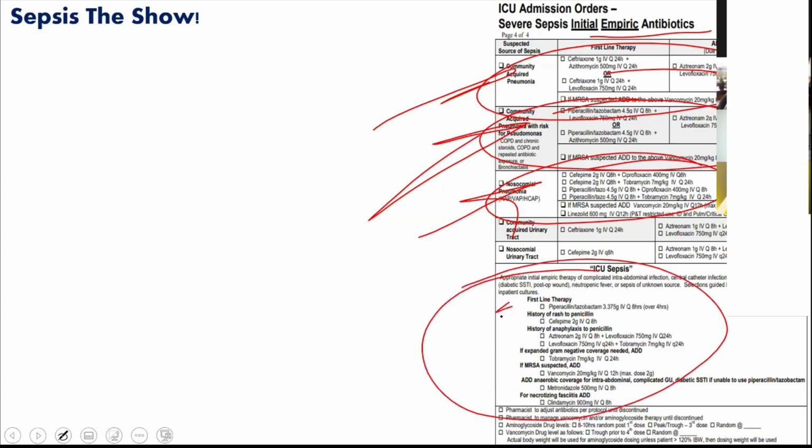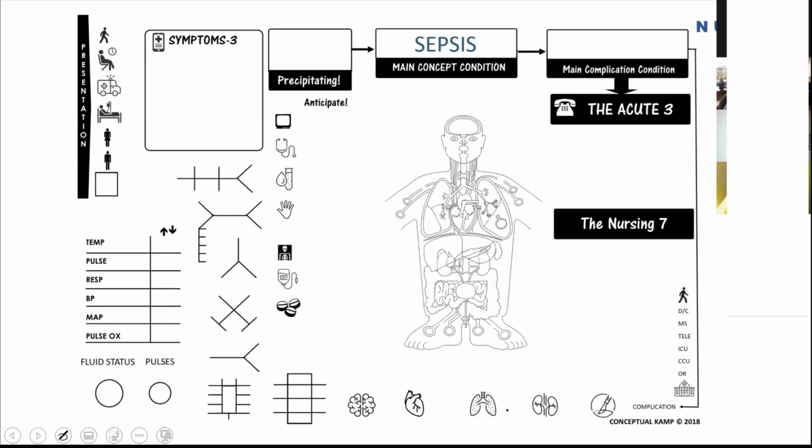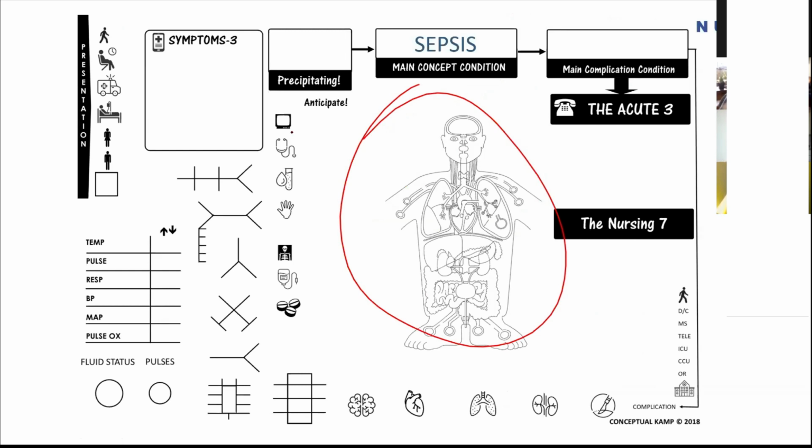ICU sepsis, and then this basic protocol. All right, sepsis, I don't think I need to go through this because we kind of visually talked about it and covered everything over there. That's the sepsis lecture, and that's the main content you need to know. The big key is that sepsis is an acute situation. You know the basic stuff. You don't need to go into managing a septic patient or drawing a sepsis bundle, that's not priority for you. Most important is what the complications of this patient are, and how do you prevent